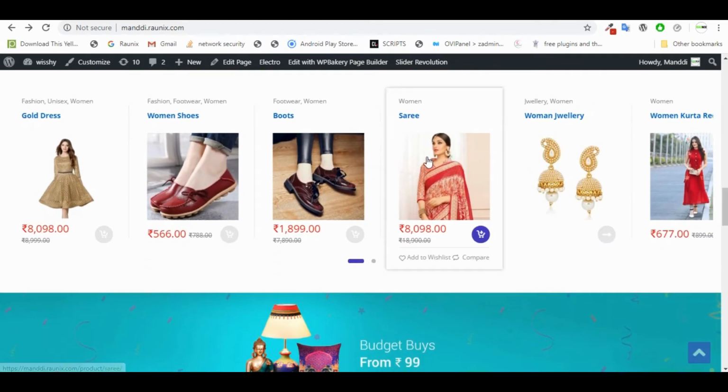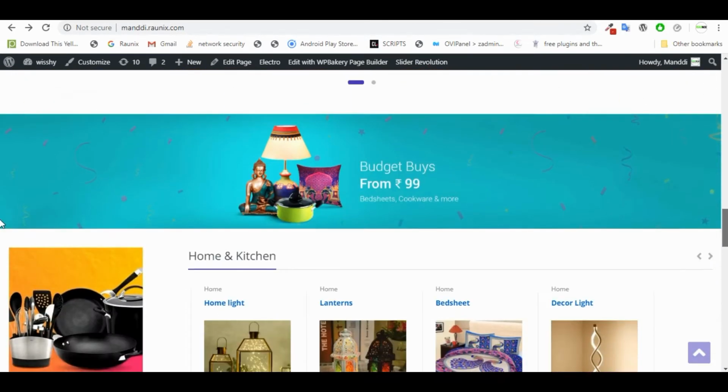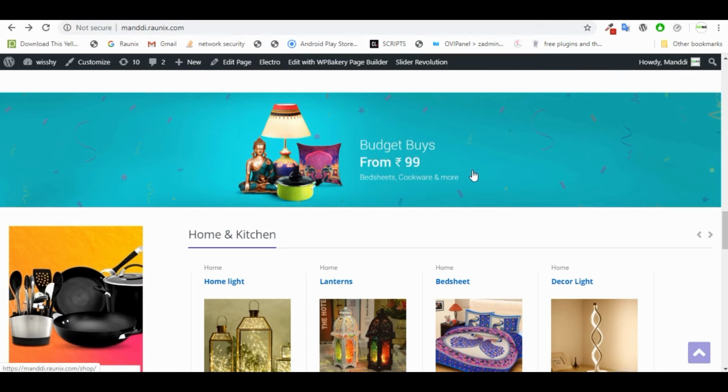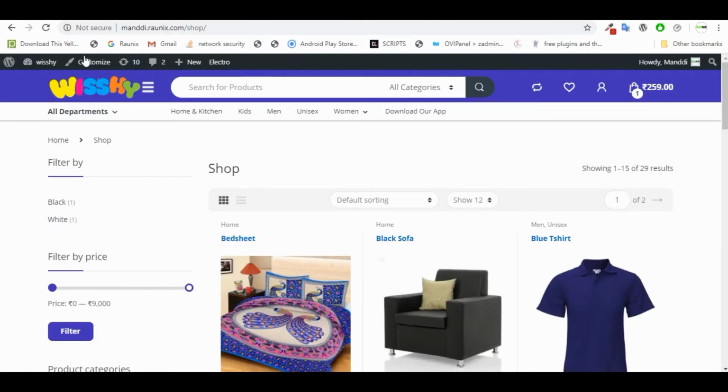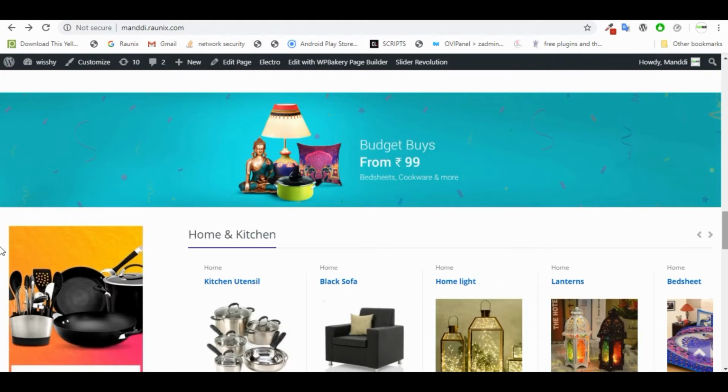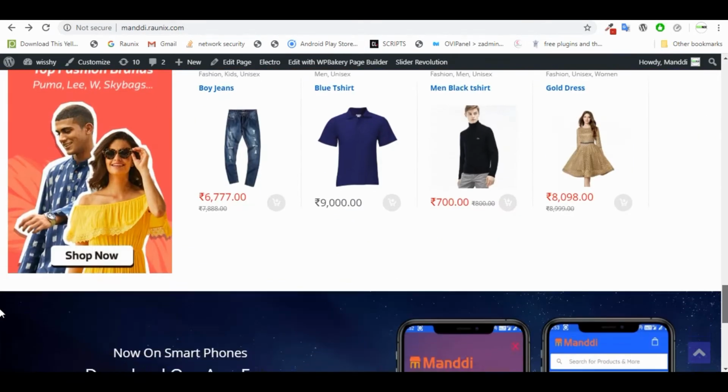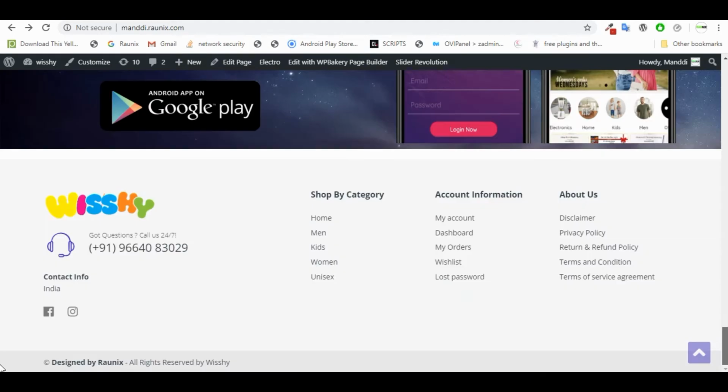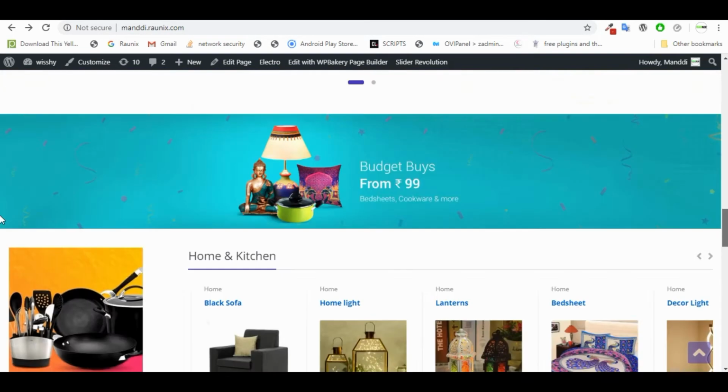Similarly, if you click on the home fashion or the budget buy fashion, similarly if you click on this banner, it will redirect you to all the products available for different offers. As you can see, it will redirect your client to shop. So this is the base functionality of this website, and if you scroll down, you can see all the other categories and all, and then there's the app listing available. So this is the basic functionality and the basic front end of the Vishy.